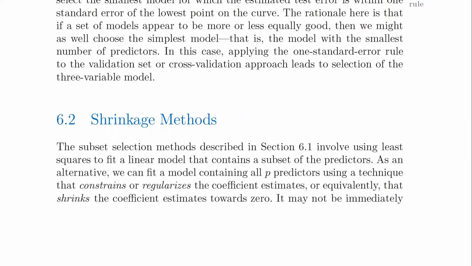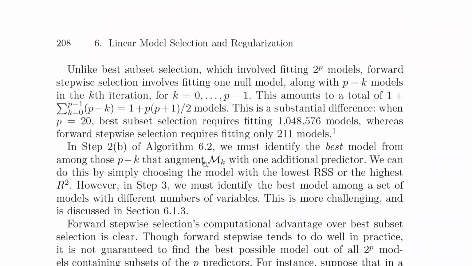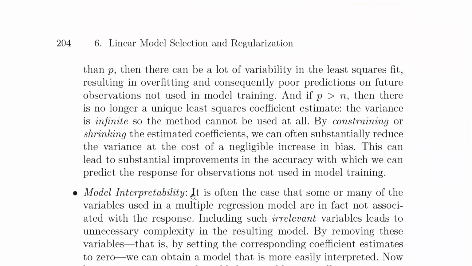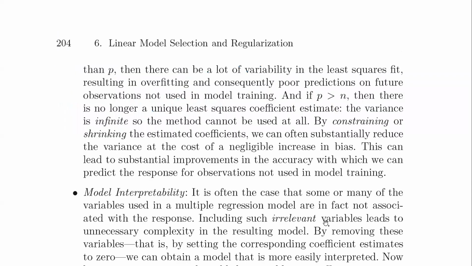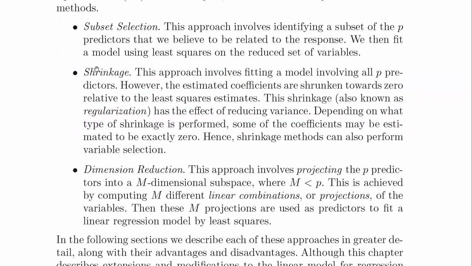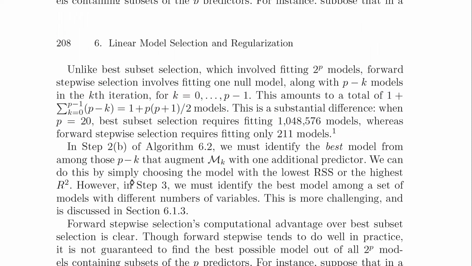Let's remind ourselves there are 3 processes that we're considering in this chapter. We've just finished the section on subset selection. We're talking about model selection, right? There's now also shrinkage and dimension reduction. And we're starting from